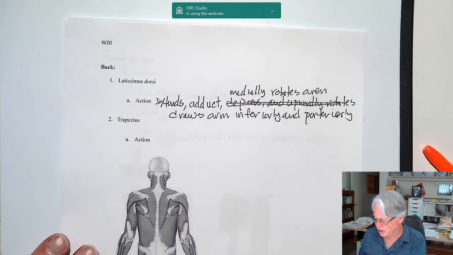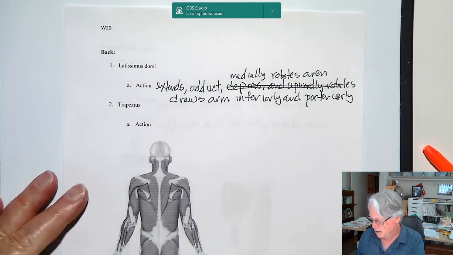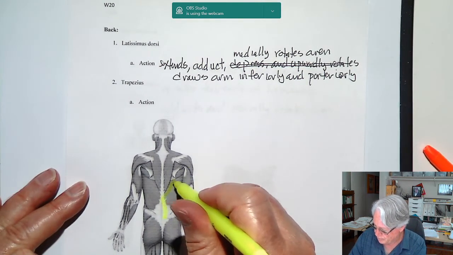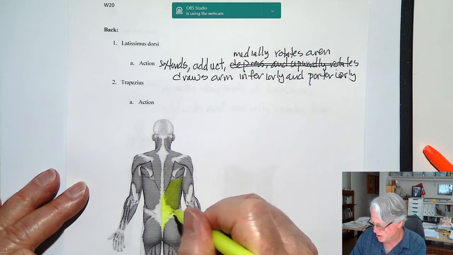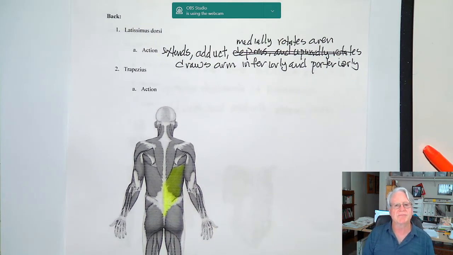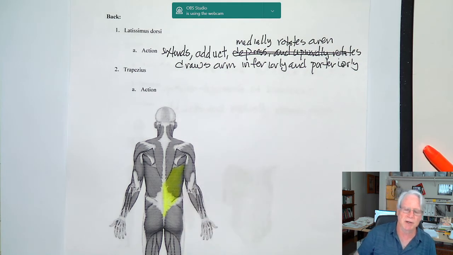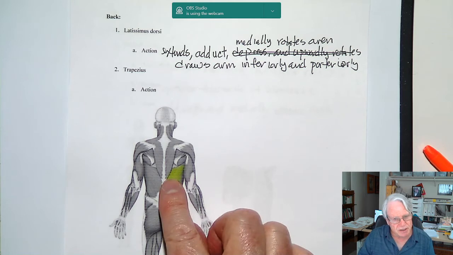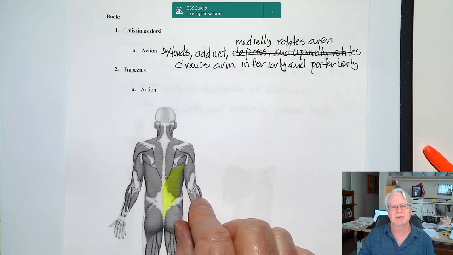So latissimus dorsi, these are the so-called lats. Maybe people say, "I'm on my lats today." Well, this is the muscle right here. And once again, we see a very, very broad origin, and then it's going to insert near the intertubercular groove of the arm, and so we get this extending the arm, which is pulling it back, adducting the arm, which is pulling it in, medially rotates so we can spin the thumb towards the midline,